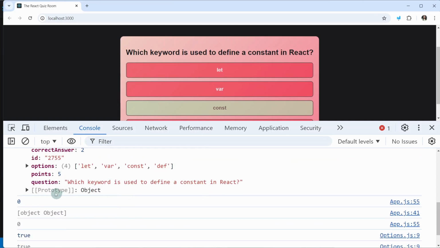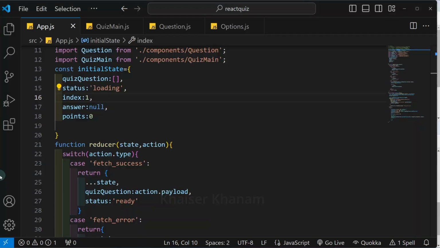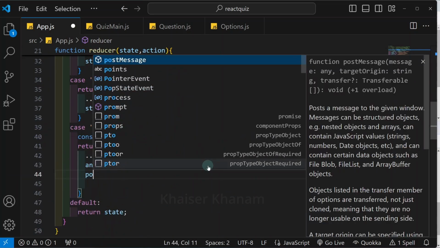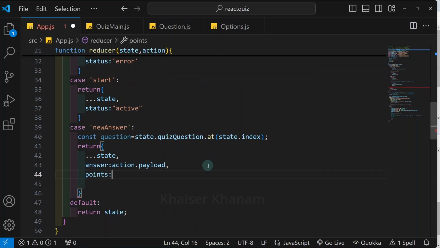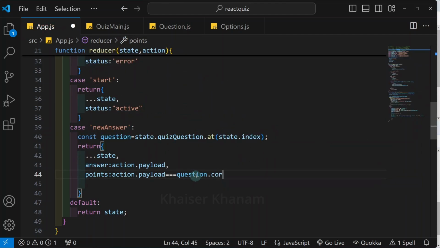And inside this question, we are having a points property. So using this points property, we are just going to update on screen. I'll come here. I will remove this entire thing. So here I will be writing points. And when I want to update the points, only when my answer is correct, I want to update the point. So again, we are just going to get the index number using this action.payload. If it is equal to, from this object, I just want to access my correct answer property. Here I will write correctAnswer,